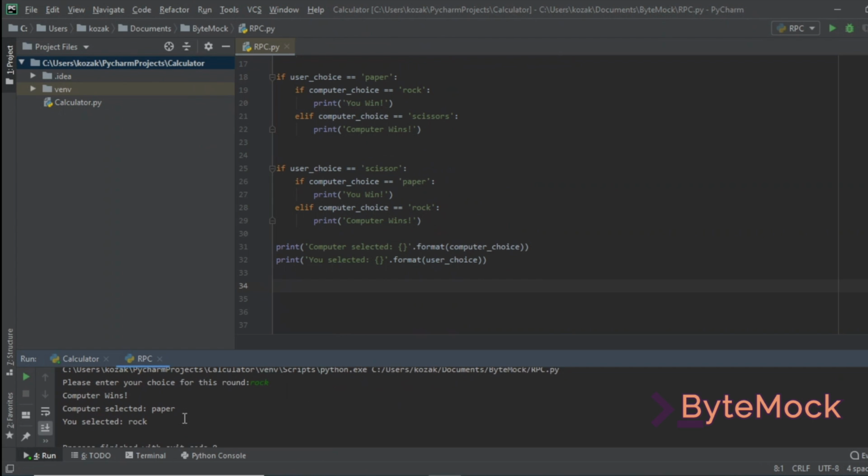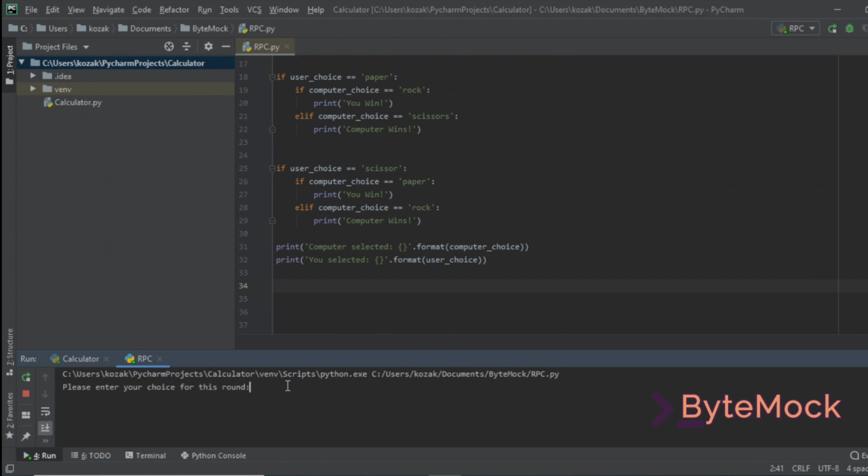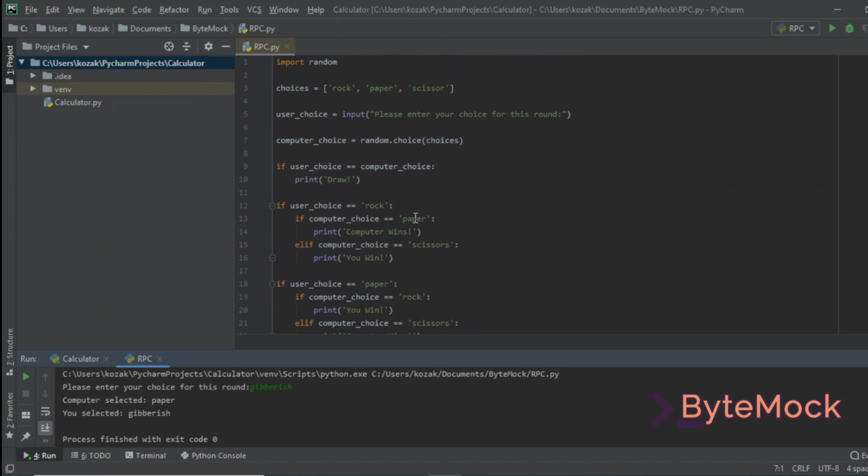There you go. So now what I want you to do is run it again, and this time just type nonsense into the thing, and we'll see what happens. Okay. So in reality, that probably shouldn't have executed, right? Yeah. So what we can do is, if you scroll to the top here,